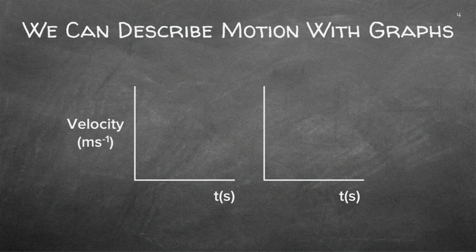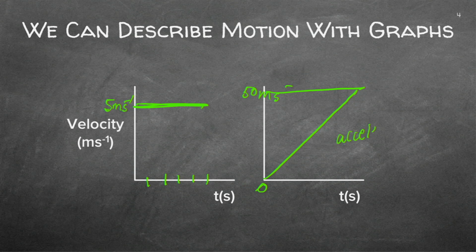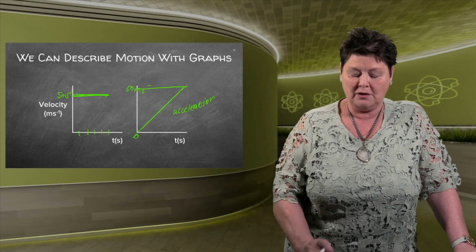Right, let's have a look at velocity. Velocity can either be a constant velocity, which means you have a velocity of 5 and the time is moving on. A constant velocity, or you can have a change in velocity. I started at 0, I am now at 50 meter per second, and that means I actually accelerated. Please have a look at the shape again and have a look at the values, and that will clearly say to you what's happening with the movement.